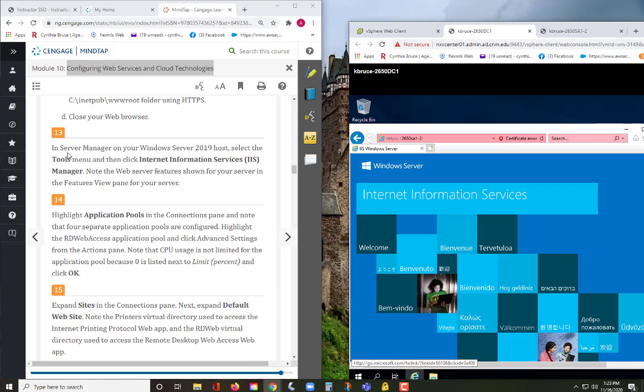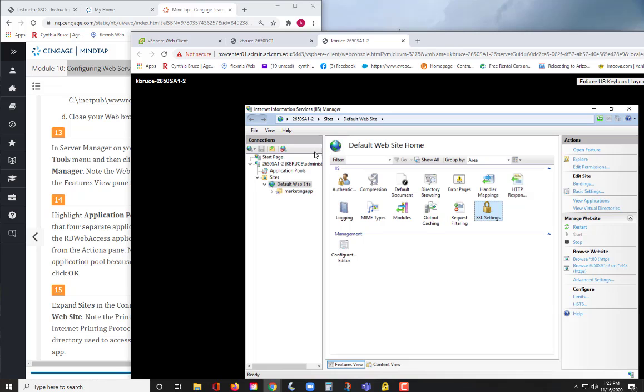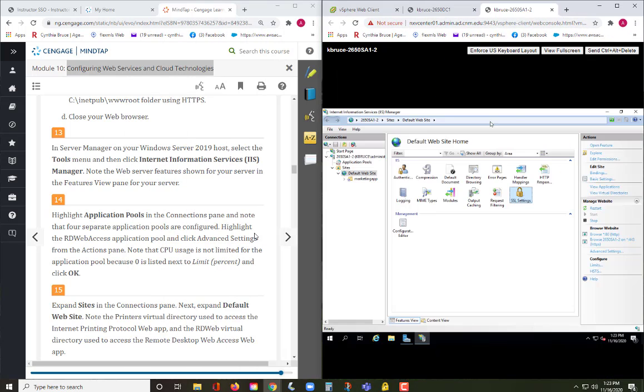So last couple things here. Let's see. In Server Manager, select Host, select Tools. All right. So we're going to go back to the web page. I'm already in the tool, but they want us to be